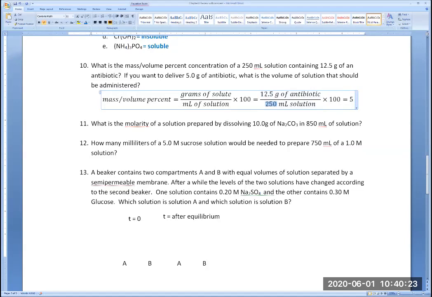So 250 has 2 sigfigs, the 2 and the 5. The 0 here is not significant because you don't see the decimal point. That makes the 0 not significant, so it's only 2 sigfigs there. So that means we need to show 2 sigfigs, and right now we have only 1 sigfig with the 5. So we need to say 0.0. And then the way we write the